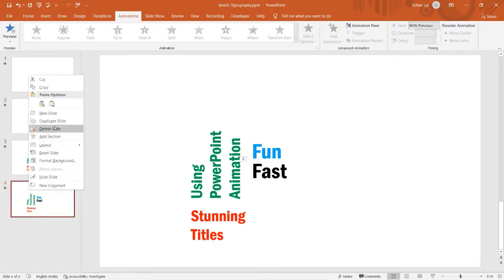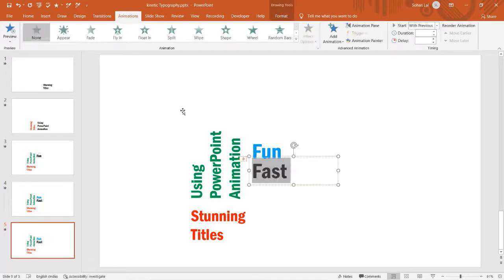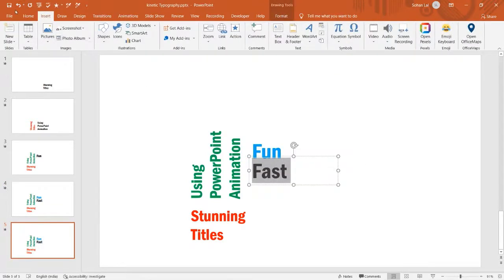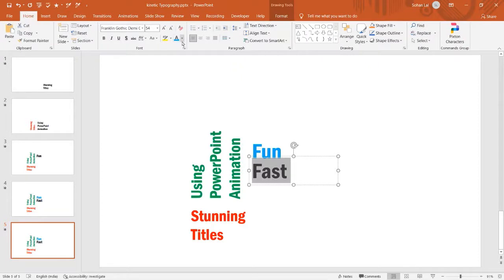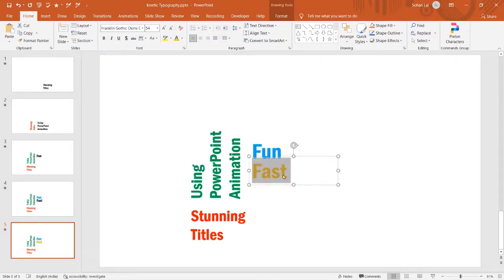And now duplicate this slide. Here we have to change the color of this text box, of the text, and here I will give orange, and then I will duplicate this text box, I will paste it here, and here I will give "easy",